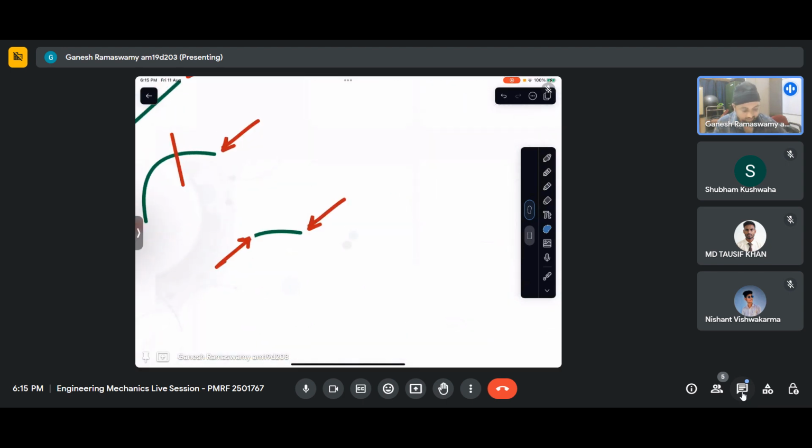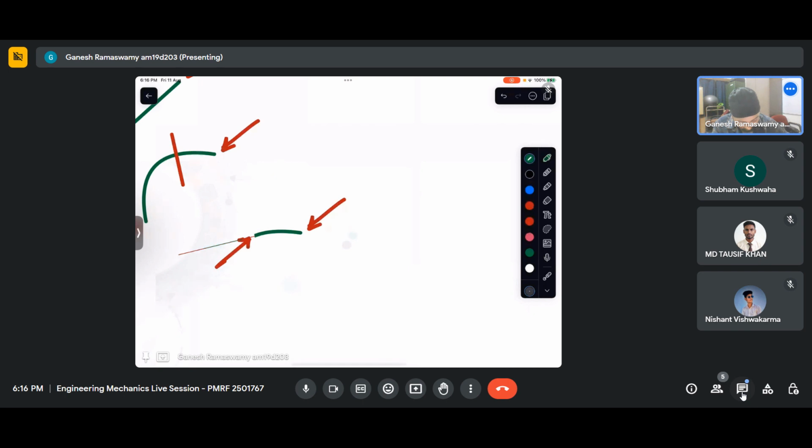Now if we see, the axis of the member at this point is pointing something like that. So if we resolve this force along its axis, we will also have another force. Let us say that the axis is like this. So there will be two forces